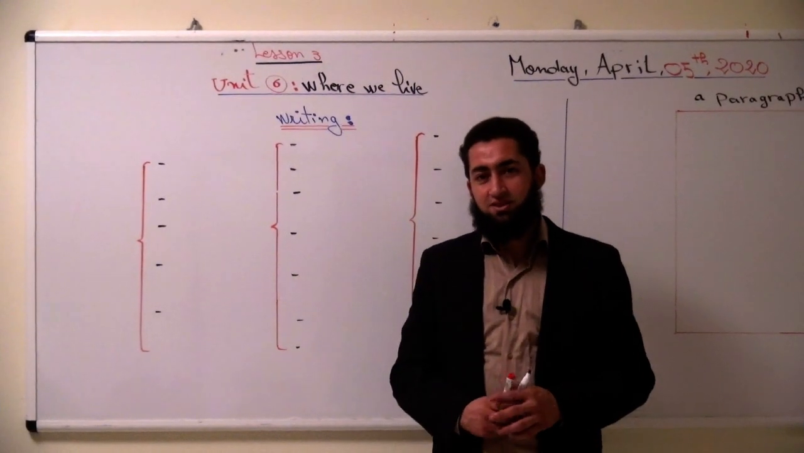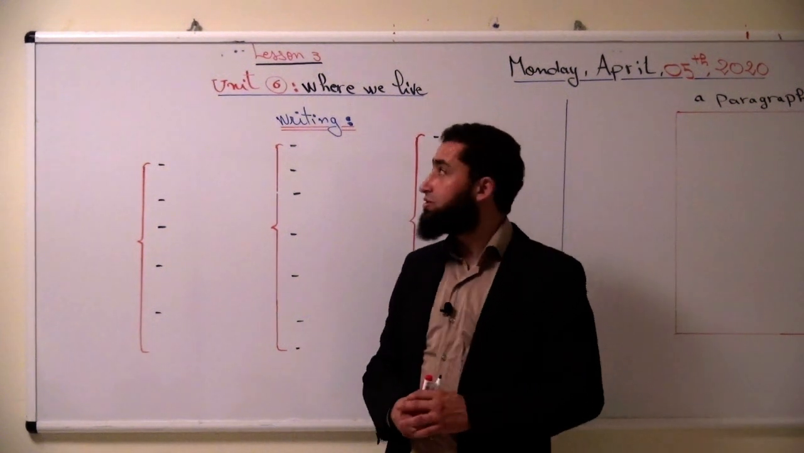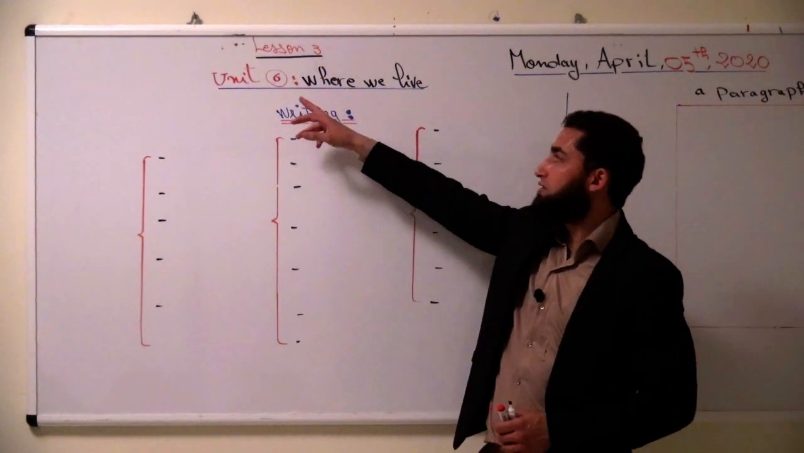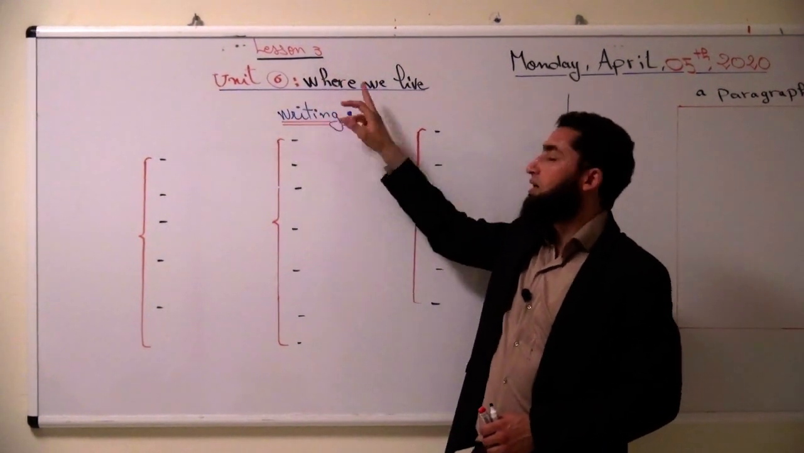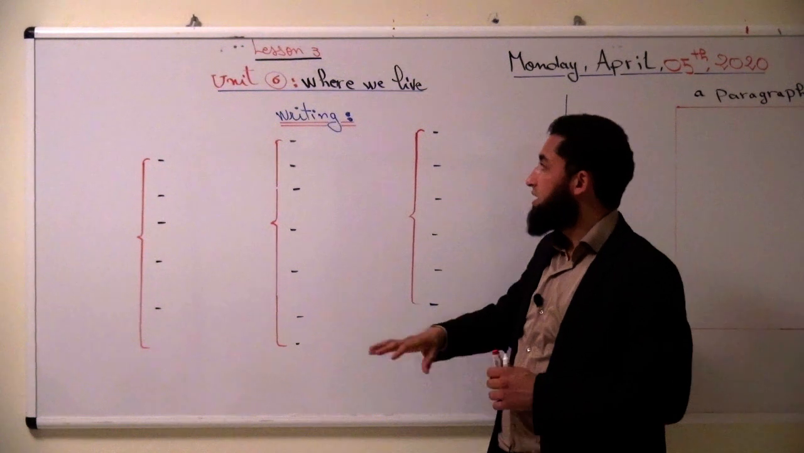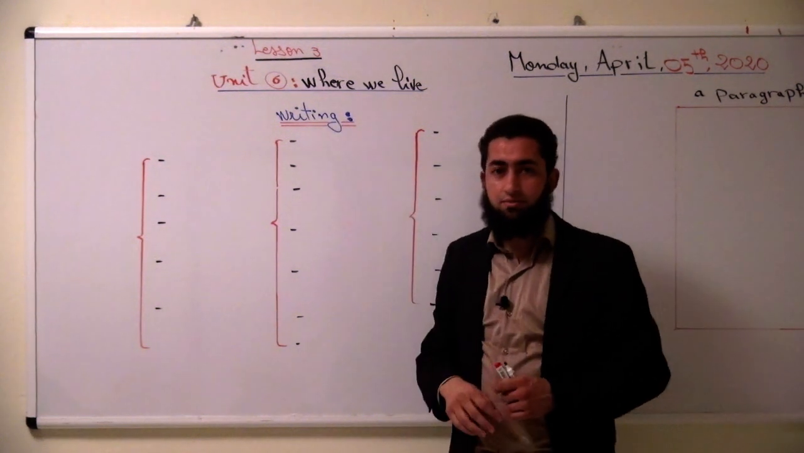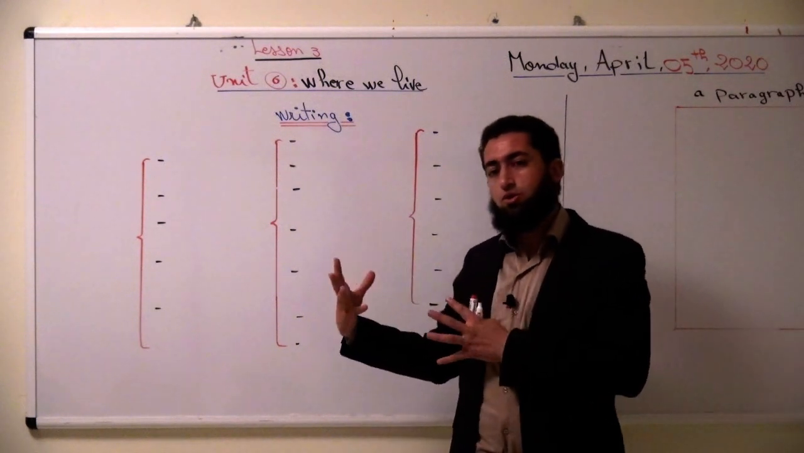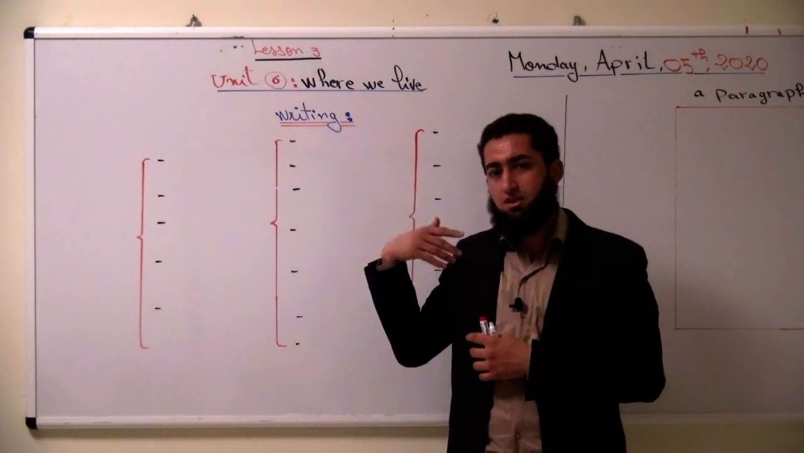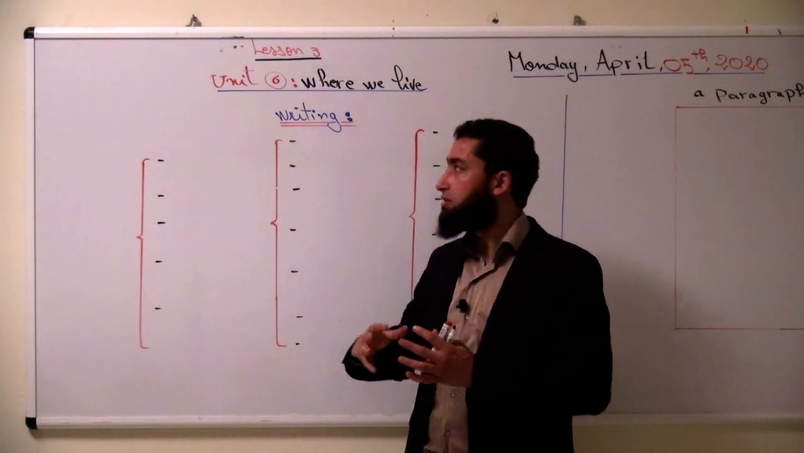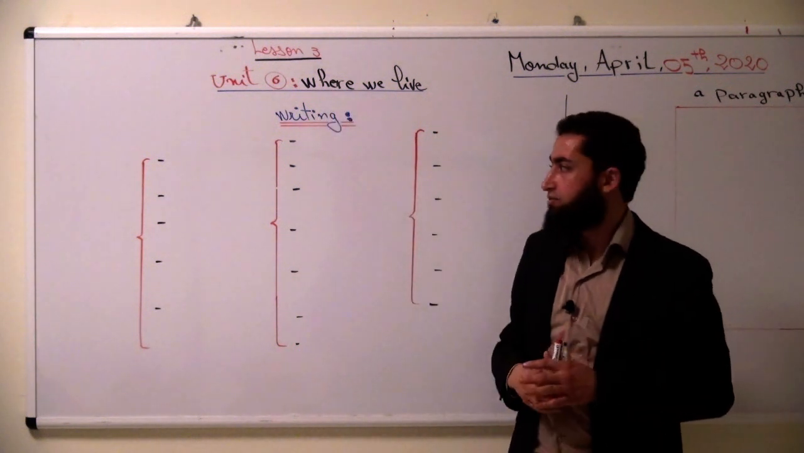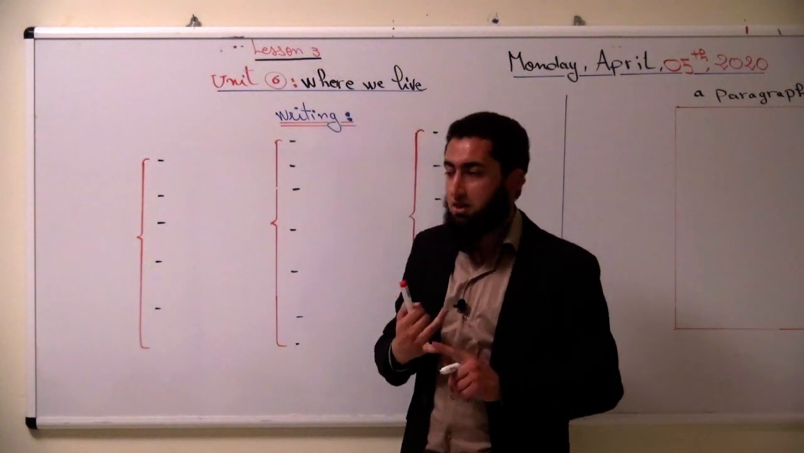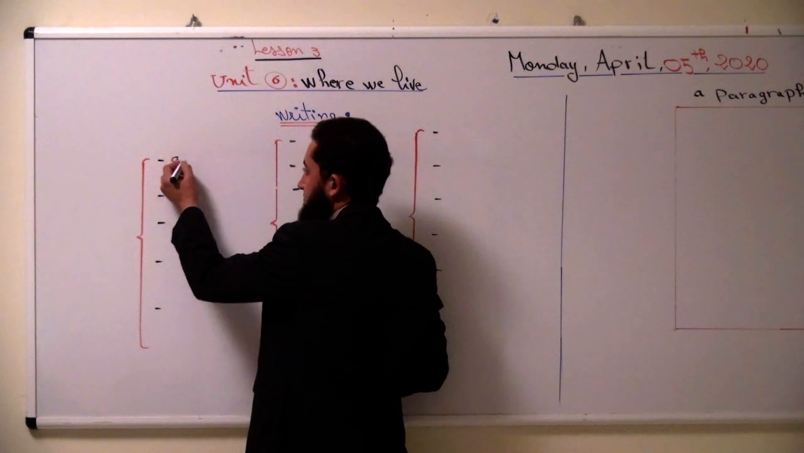Okay, hello dear students. So today we are going to move to lesson number 3 in unit 6, where we live. Today we are going to have writing. We are going to write a short paragraph using what we studied in the previous sessions, vocabulary related to where we live. And when we say where we live, here we are talking about a house, for example,